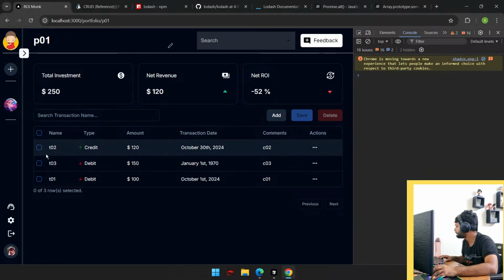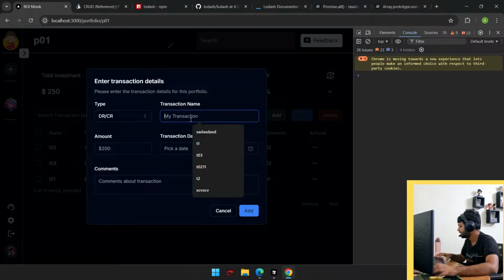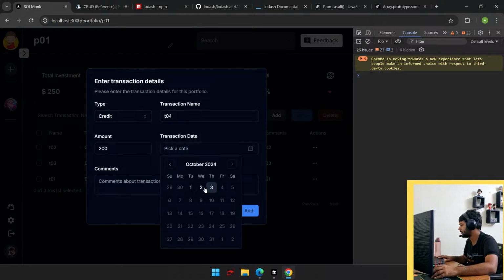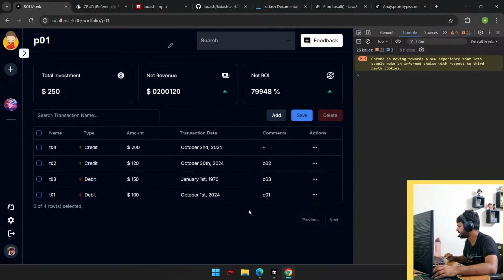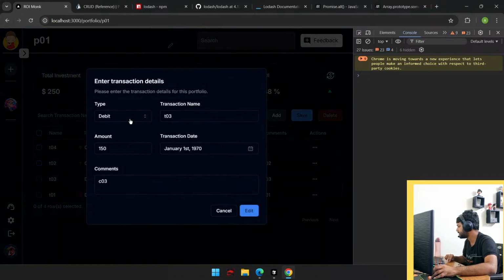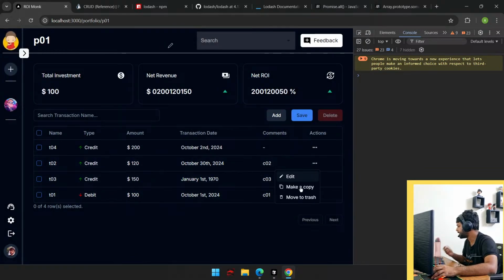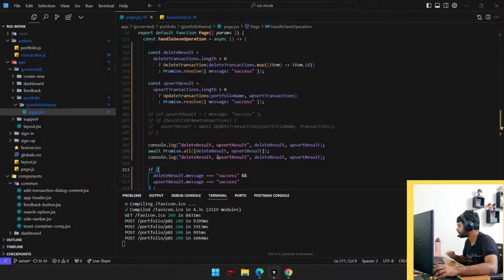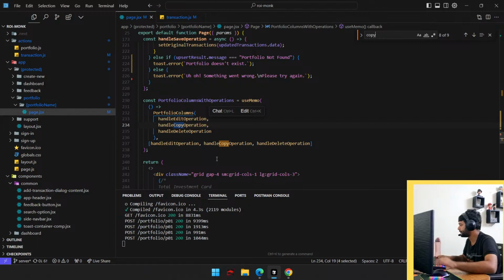So what if I just add another T04, credit, so 2nd of October add, right, and I edit this one to make it a credit, and I make a copy of this also, control copy,